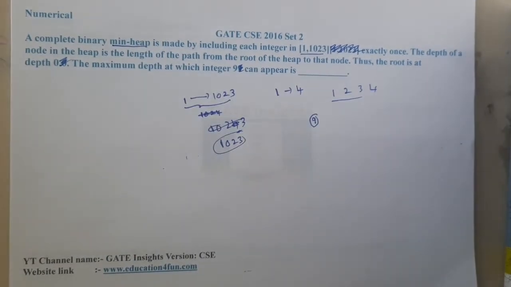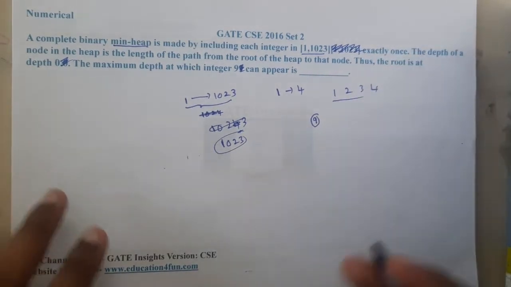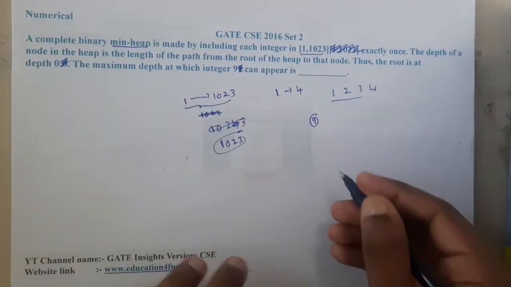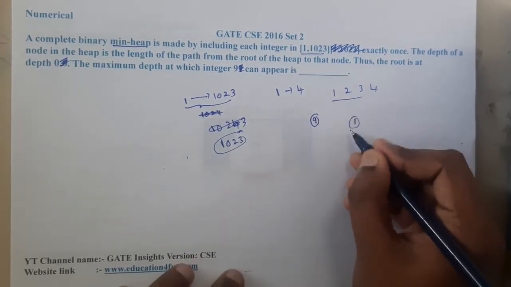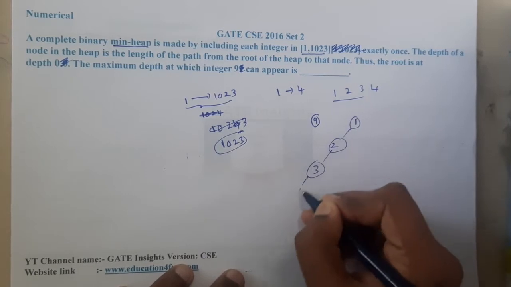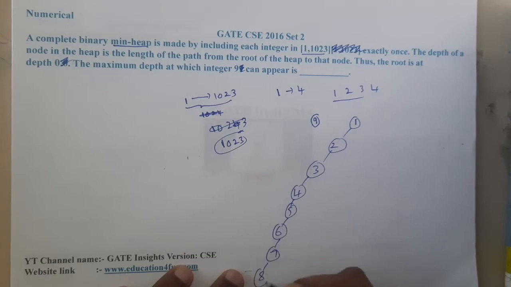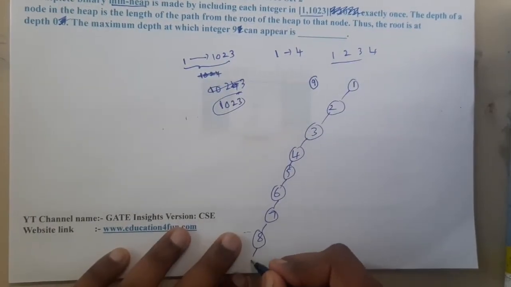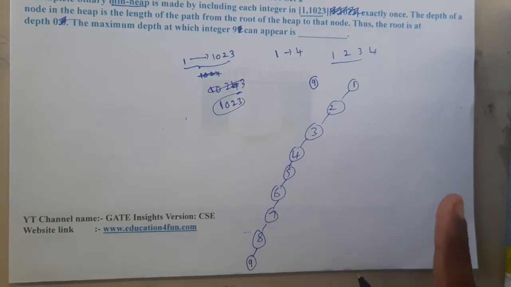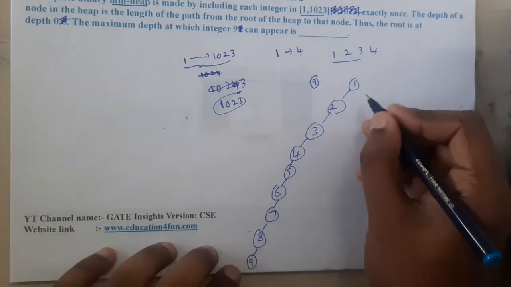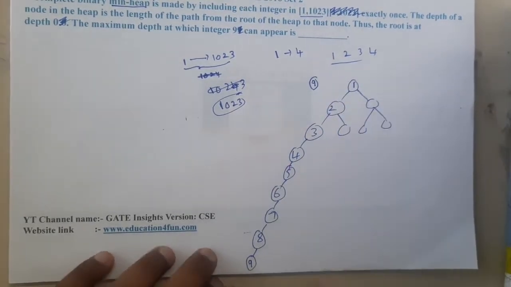For our easy understanding, let me place this 9 in the farthest left, like left skewed or right skewed. We are going to fill some other elements on the other side, so there is no issue in that. So let us start with 1 here, 2, 3, 4, 5, 6, 7, 8. I have placed 8, so similarly I should place 9 also, right? Yes, 9. I have placed 9 in its location, but one thing you should remember is that it is a heap, so indirectly you should fill all the other slots also. Here you cannot go directly in this way; you should fill all these slots also.